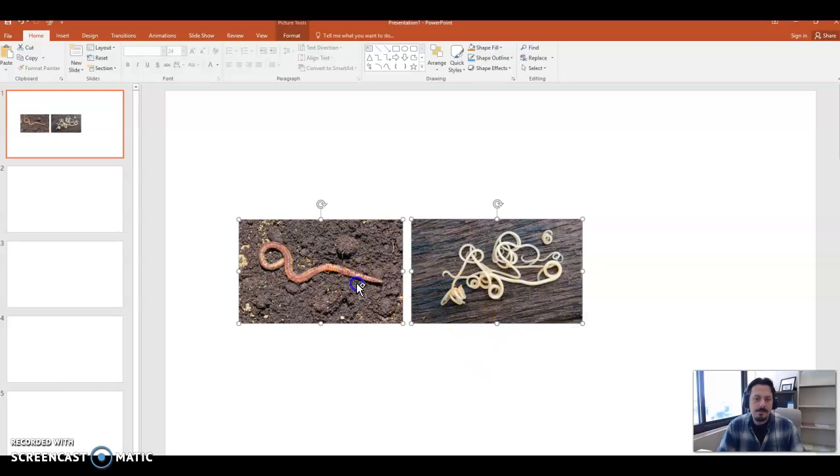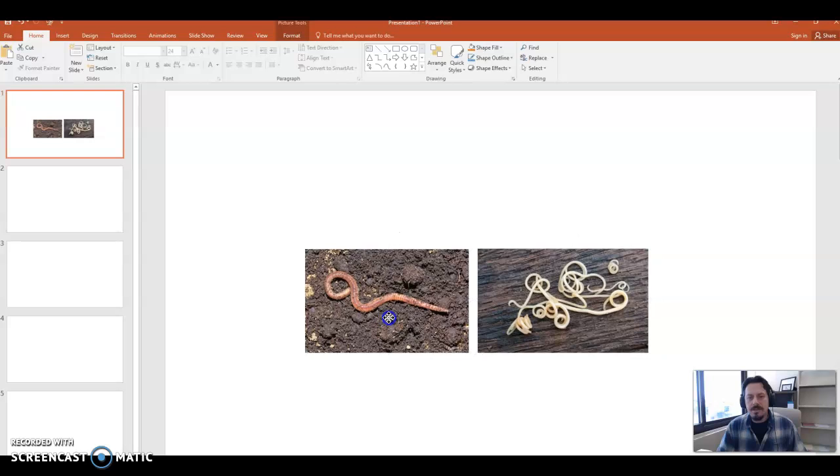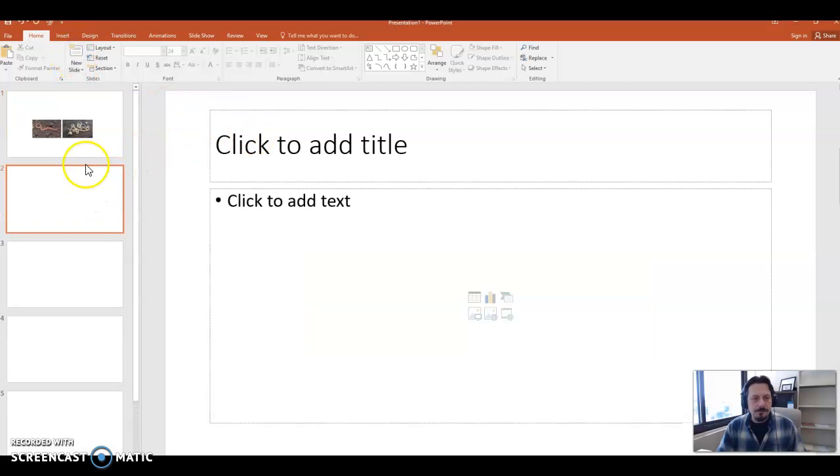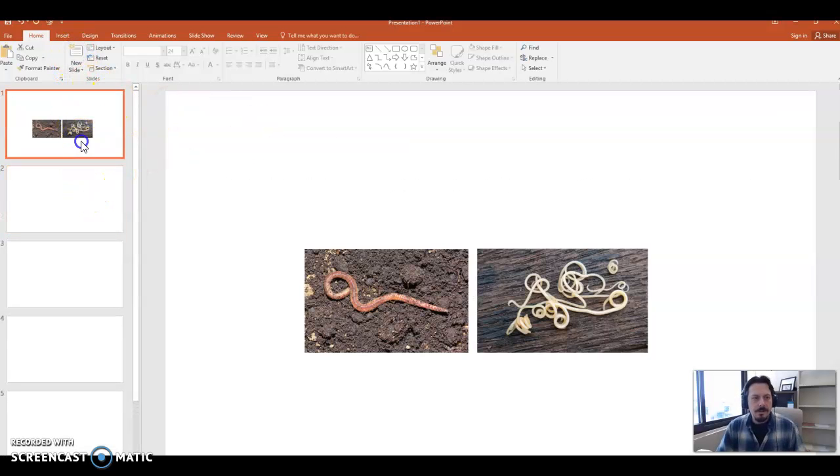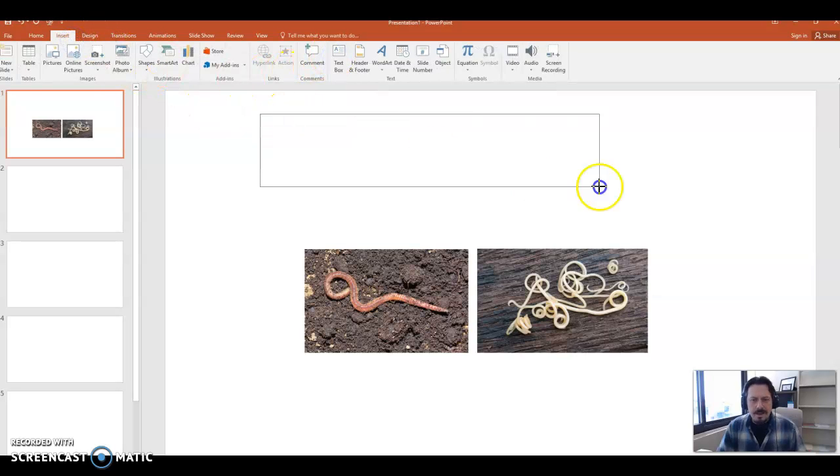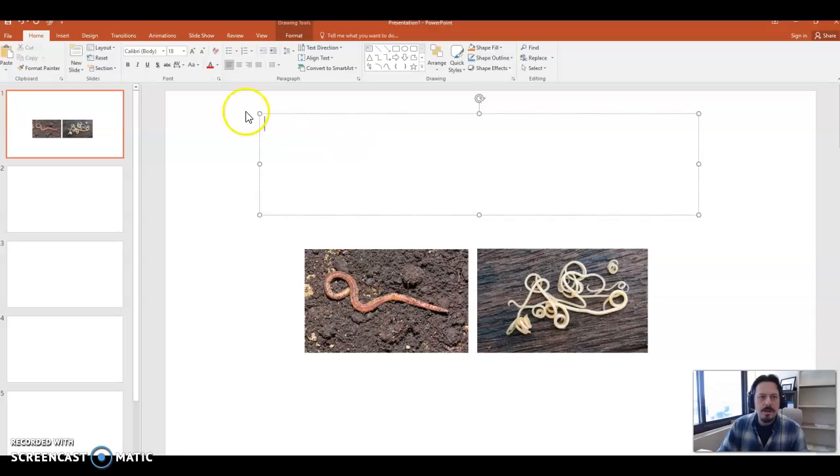I don't know yet, because we haven't gotten that far. But at least I'm pretending to be a scientist and trying to group these organisms together. I'm then going to insert a text box, and I'm just going to describe what the characteristic is. And this characteristic that I thought they shared is that they are both worm-like, they look slimy,